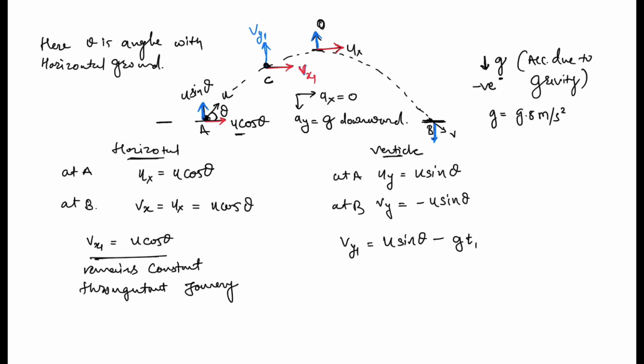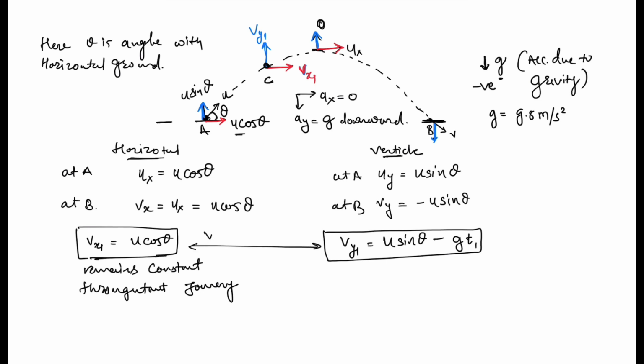Okay, so this will be the velocity at any point in the vertical direction, and this will be the velocity at any point in the horizontal direction. Velocities at any point. Okay, this path is called the trajectory of the projectile. We will later discuss the equation of this path of trajectory. Now we focus on velocities at D point. Here it is D point.